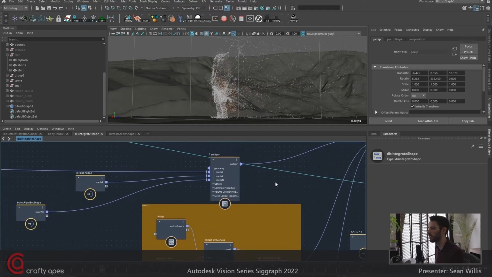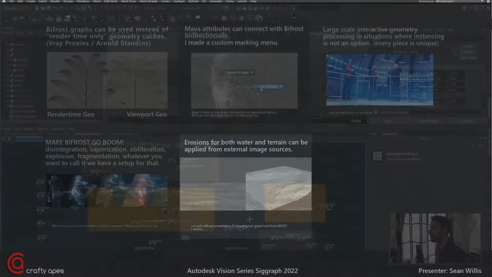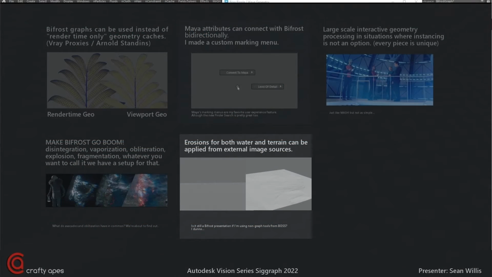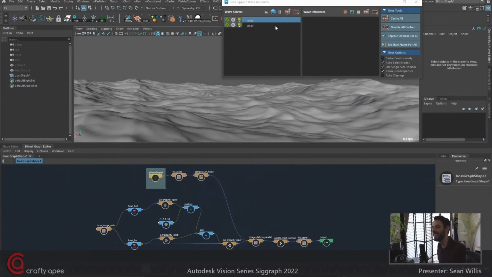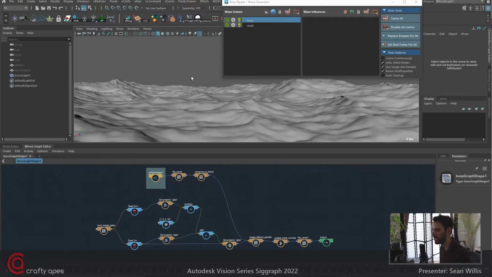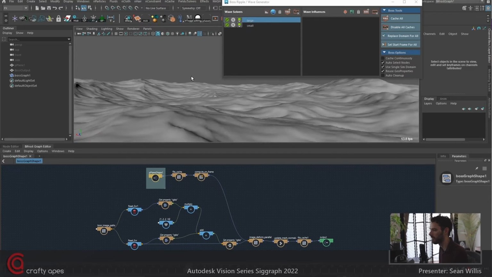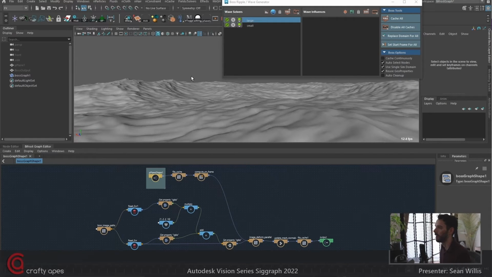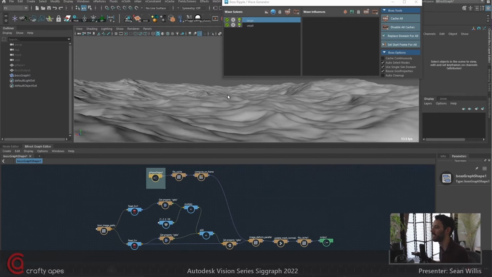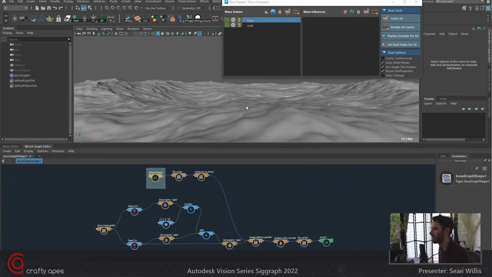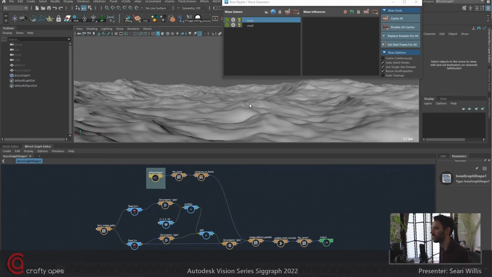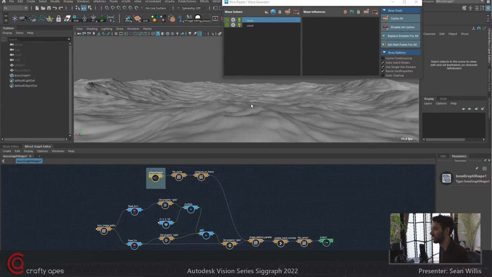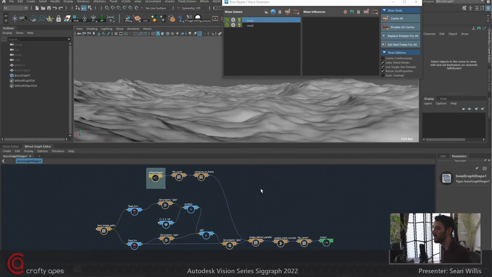All right, cool. That does it for the vaporization setup, which is reading Bifrost data into the Bifrost graph. So the Boss ocean system is legendary in my mind, because ever since it came out, I have used it for literally every ocean I have ever done since. Haven't touched any other frameworks. It is always giving me the best results, and it's unparalleled in the look of its waves and its speed.